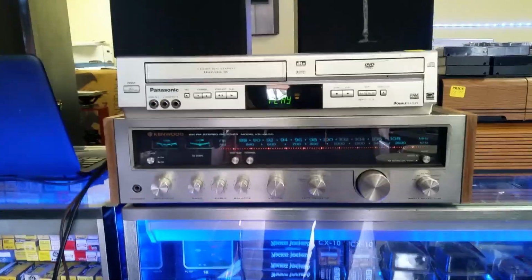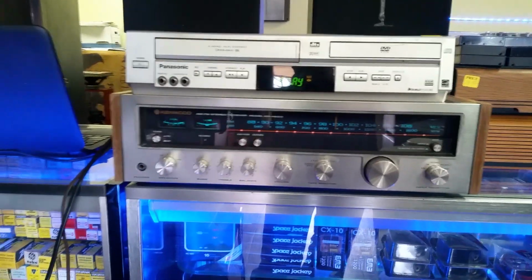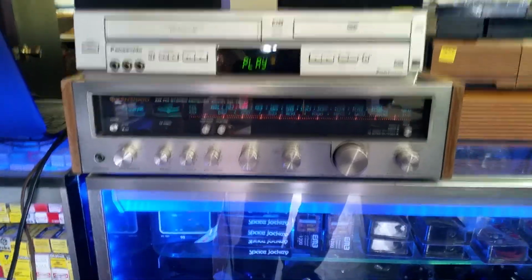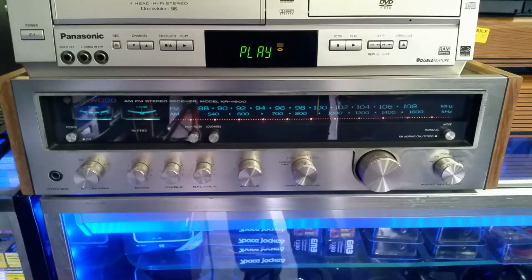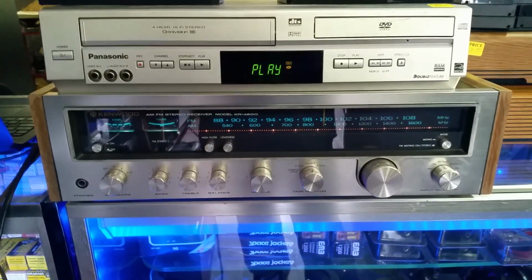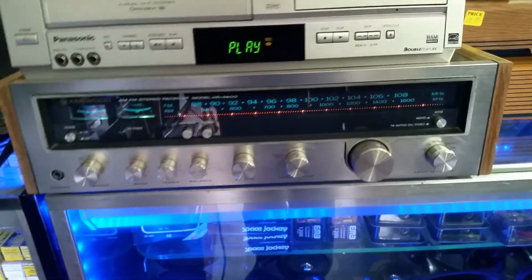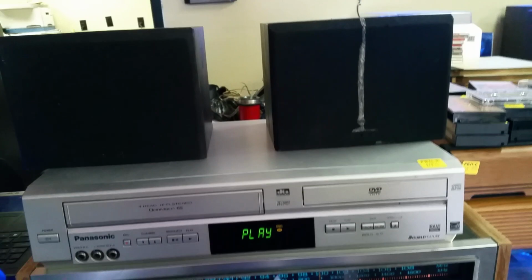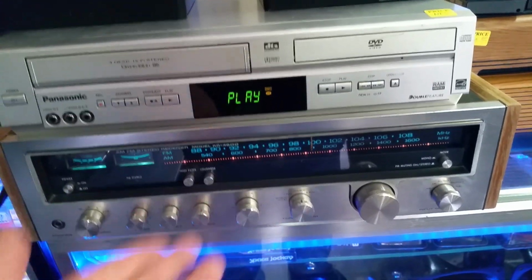Okay, so we're testing the Kenwood KR-4600 that I got yesterday. As you can see, the lights are nice and bright all over the dial. There's no bulbs out. And here comes the shitty speakers into play, because you never know when you get used